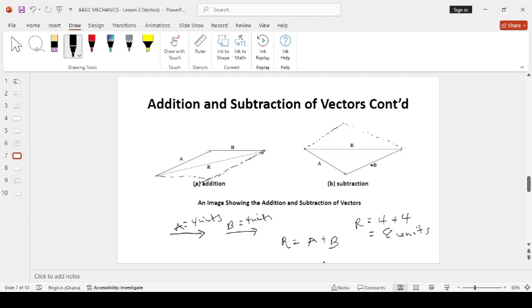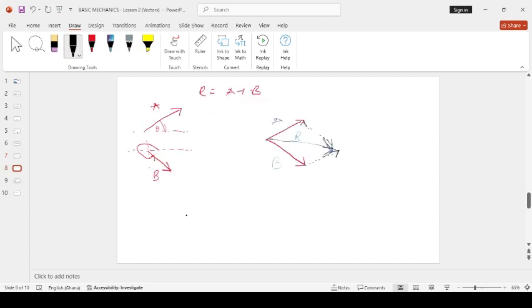In other words too, if vector A, let me use the plain sheet, is moving in one direction, and let's say vector B is moving in the opposite direction, with vector A equal to 4 units and vector B equal to 2 units, then the resultant of these two vectors, which is R, is going to be vector A minus vector B,